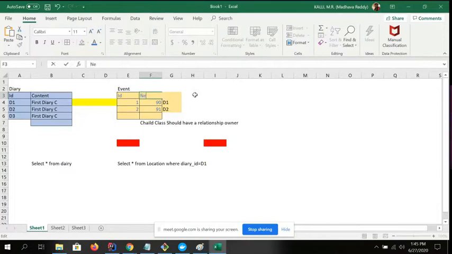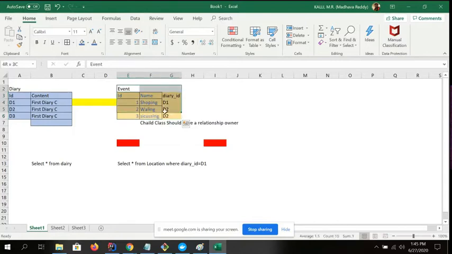The event name can be shopping, walking, or discussing, with D1, D2, and D3. The relationship has no change; I'm just adding one more table, and the previous table is already there.